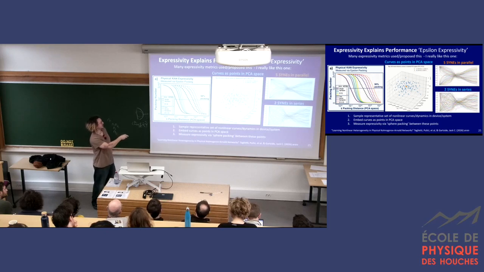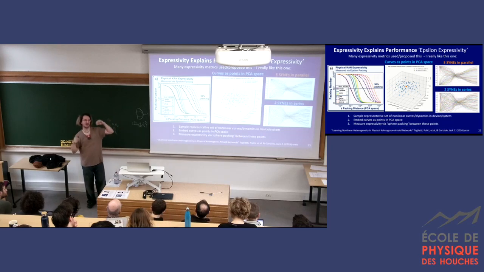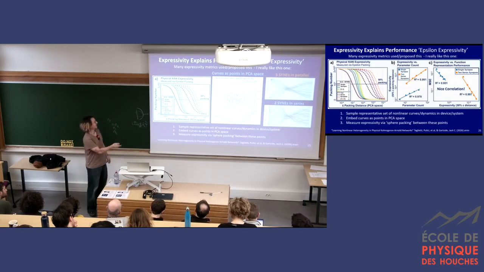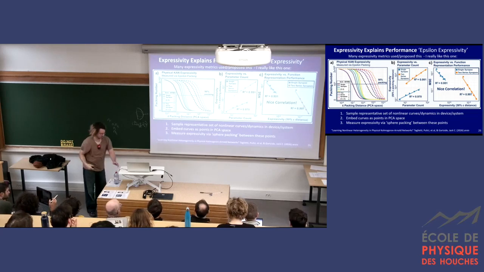So you might want to say, how do I correlate that to performance? So here, I've just said arbitrarily, I'm going to say, what's the epsilon distance? How big is that sphere that you only pack half your curves? And if we pull that out, you can plot it here against the averaged MSE across 13 different hard tasks. And you see you get a really nice correlation. So it does seem to work. You can also check versus the number of parameters you're spending in your network. And you see putting 2 in series, you get a big boost.